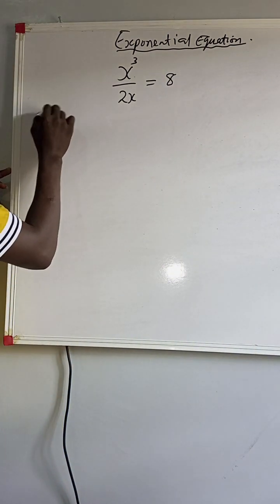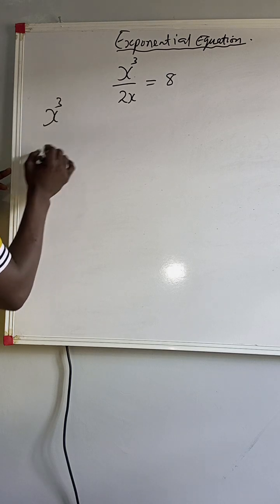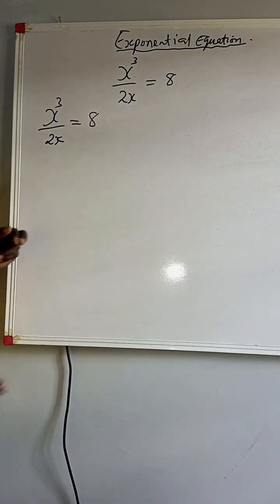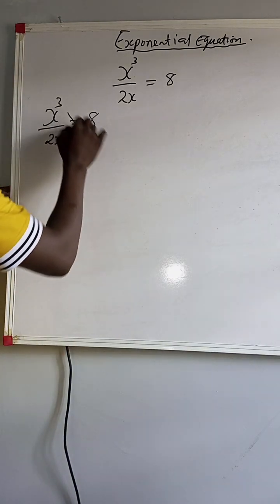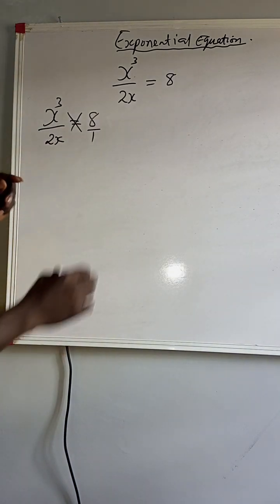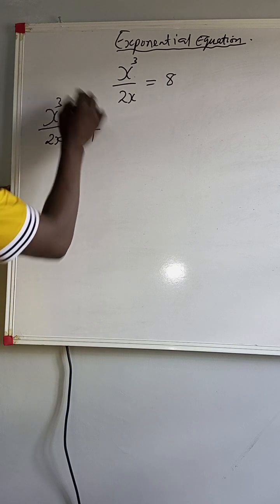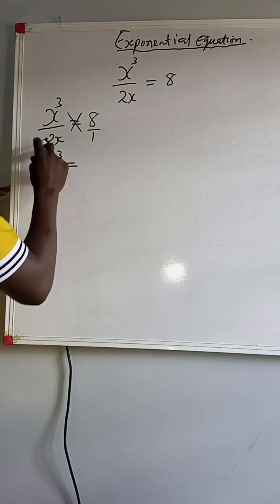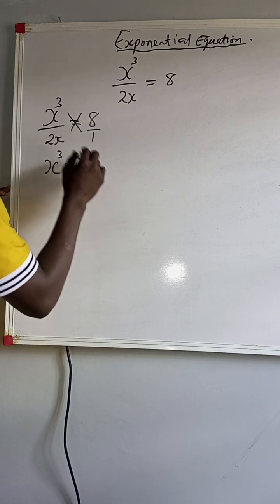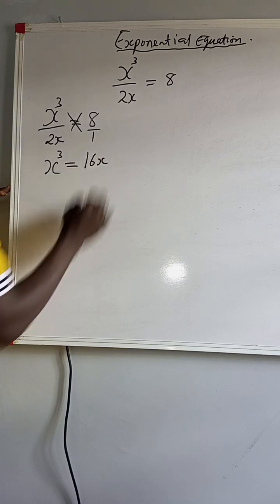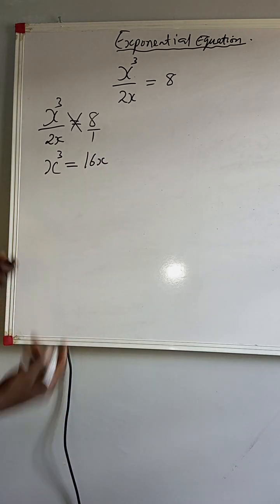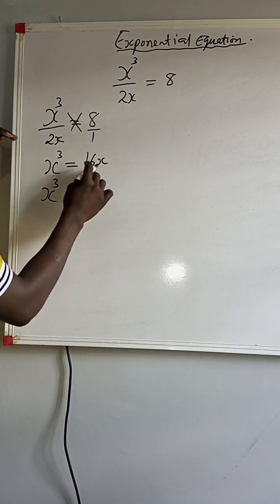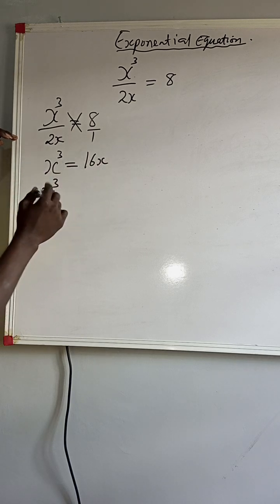So we have x raised to power 3 all over 2x is equals to 8. From here, we can cross multiply 8 over 1. So x raised to power 3 times 1 will be x raised to power 3 is equals to 2x times 8 is equals to 60x. From here, we can collect the like terms. We have our x raised to power 3. When 60x crosses to this side, we change to negative